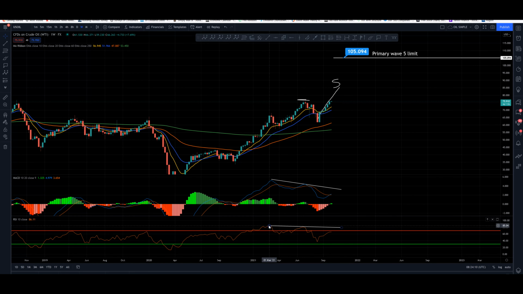But over the weekly time frame, I think watching for a touch of this trend, watching for a touch of the MACD to come back up to this trend, and watching for a touch of the RSI to come back up to this trend, setting a potential lower high in the RSI, potential lower high in the MACD. If price continues to move 1, 2, 3, 4, 5, and we get into sync with a high, and a high, and a low,